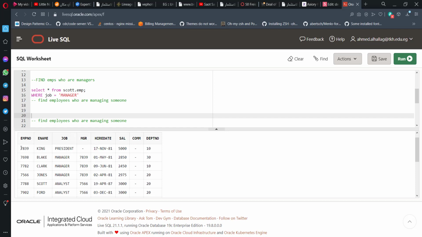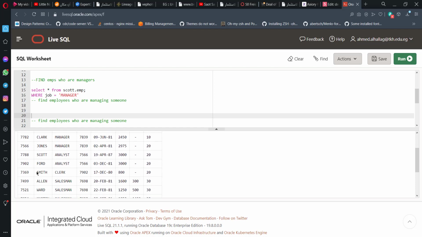And if you find that the value from the row that you are in, from the outer loop or the outer query, appears in the next rows under manager, then this means that this guy is actually managing someone, right? So this is an indication for me to select that row that I was initially standing on in the outer query. Same thing goes if I picked, for example,